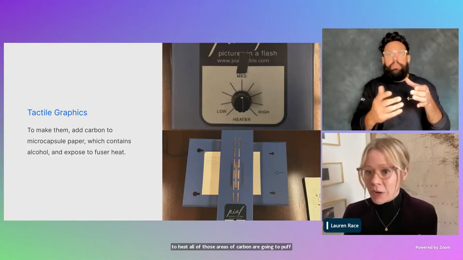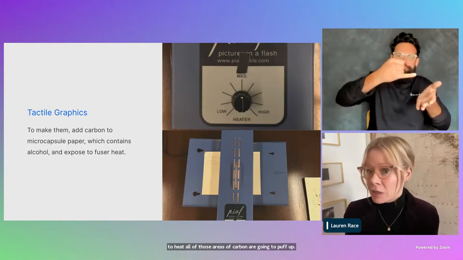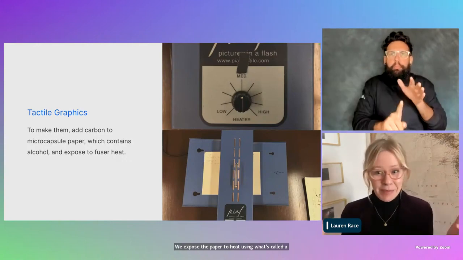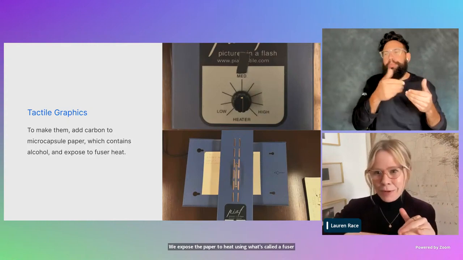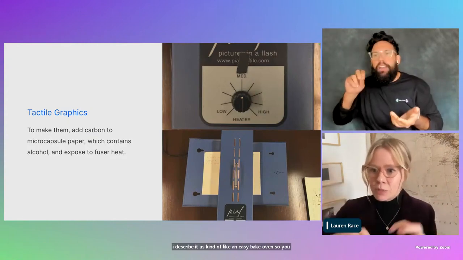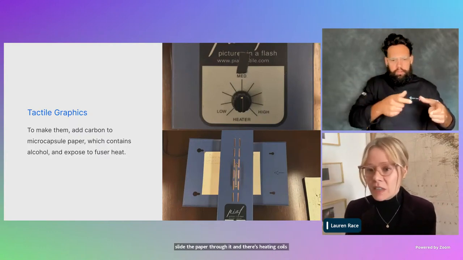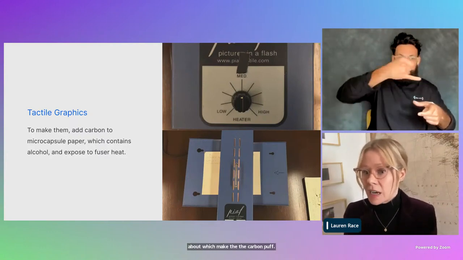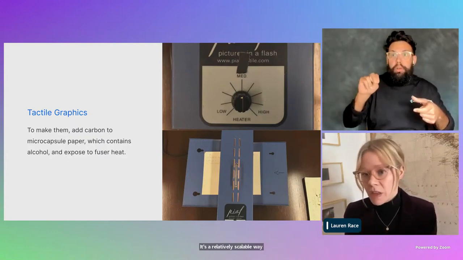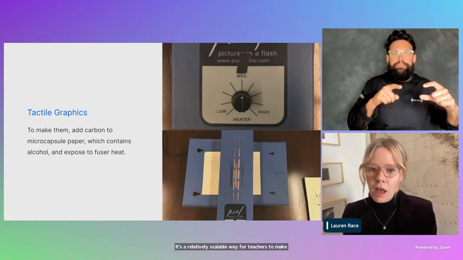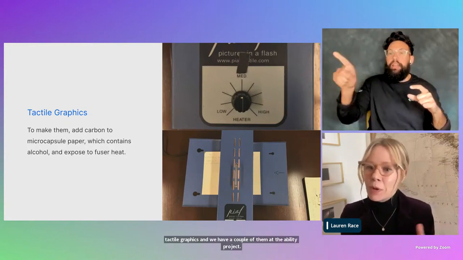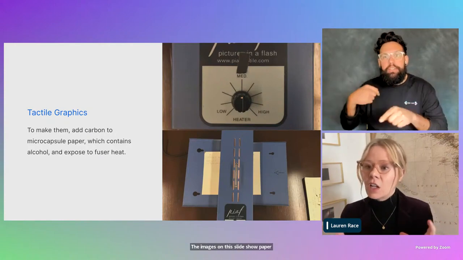We expose the paper to heat using what's called a fuser. I describe it as kind of like an easy bake oven. So you slide the paper through it and there's heating coils above, which make the carbon puff. It's a relatively scalable way for teachers to make tactile graphics, and we have a couple of them at the Ability Project. The images on this slide show paper being fed through the fuser